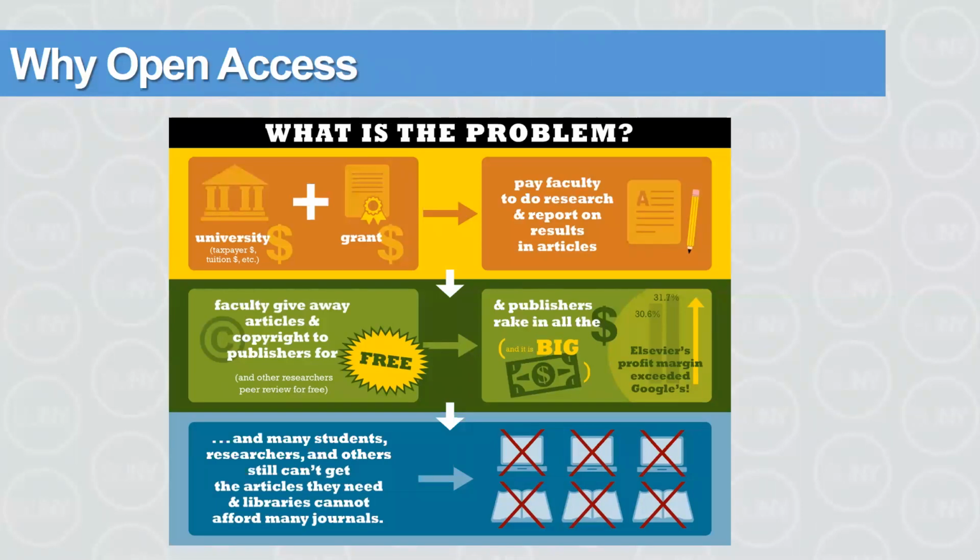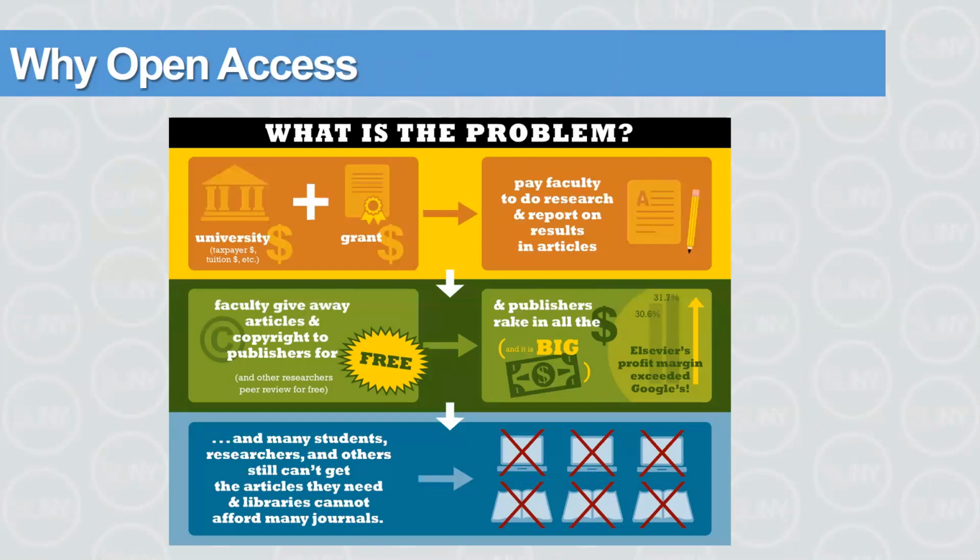So this is why we're doing open access. One of my colleagues in the system office said, you better be able to explain this, because when I look at this slide, I don't understand what it means. What it really does is try to show you in a fairly simple way what the current situation is with scholarly publishing, the impact that it has, and why the model doesn't work any longer.